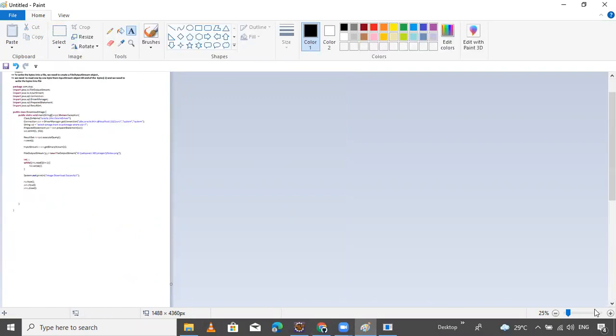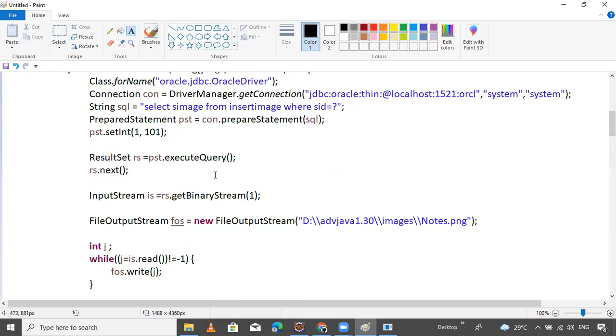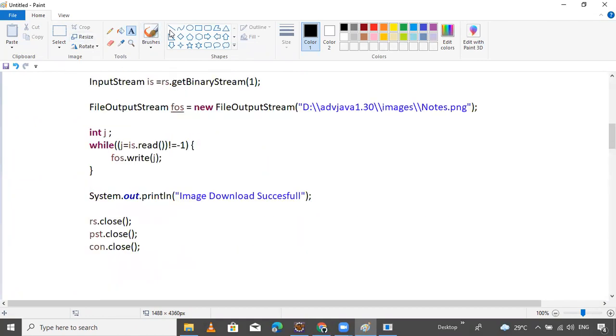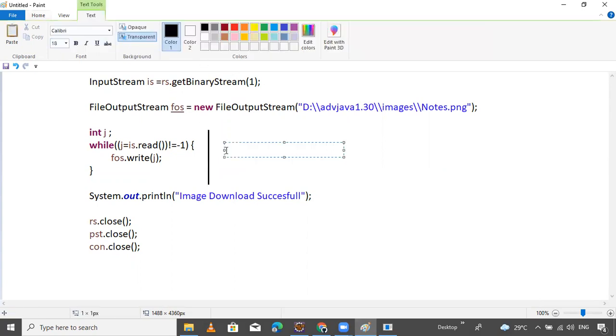So I write down some points. What is this for? This is for reading and writing the data, writing the binary data, the bytes, into the file.